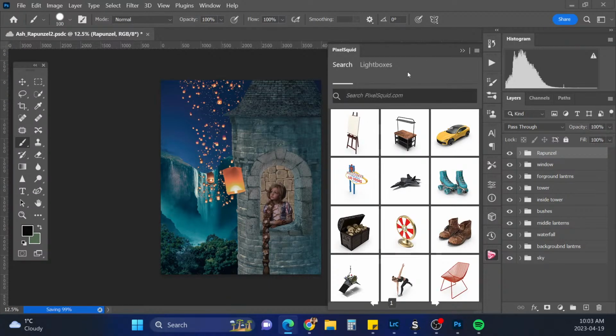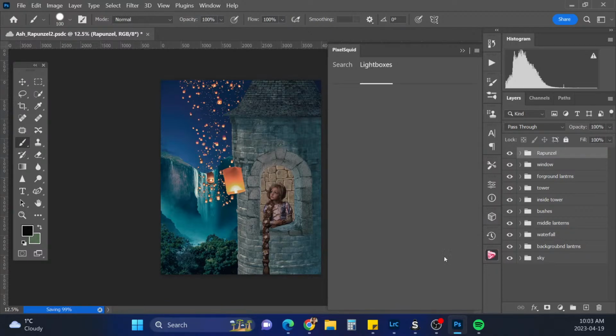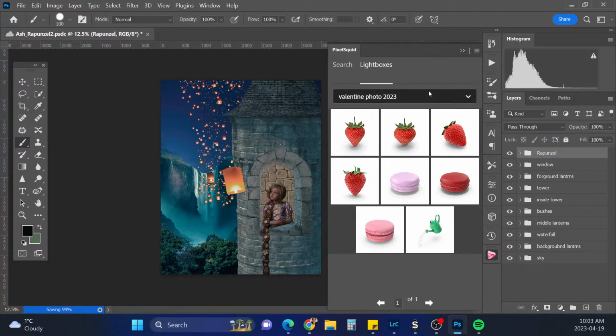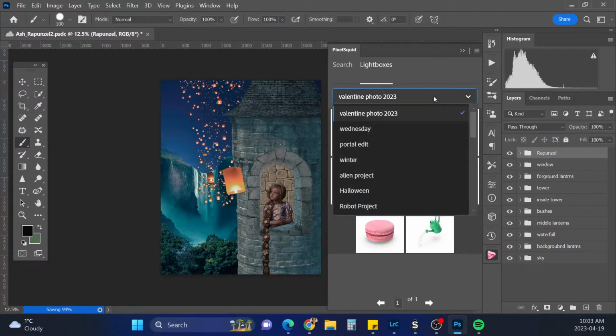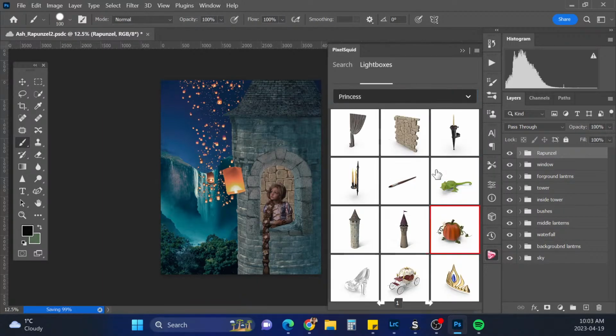All right, let's go to my light boxes. Where is it? I think I have it under princesses. Is that right? Princess? Yes. Okay. So, we've got our little iguana here.